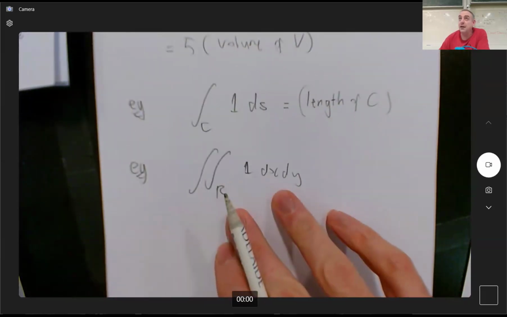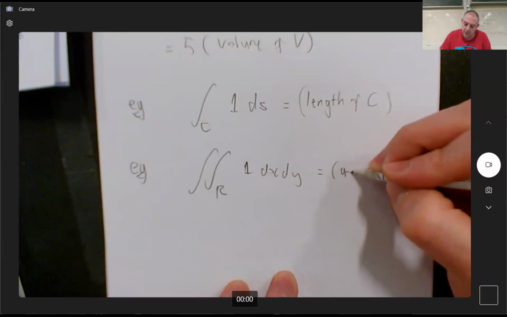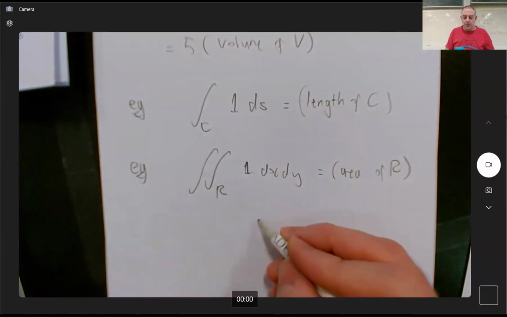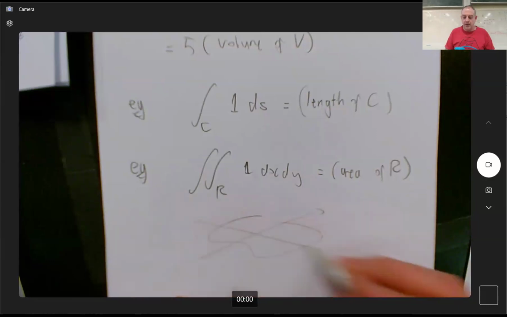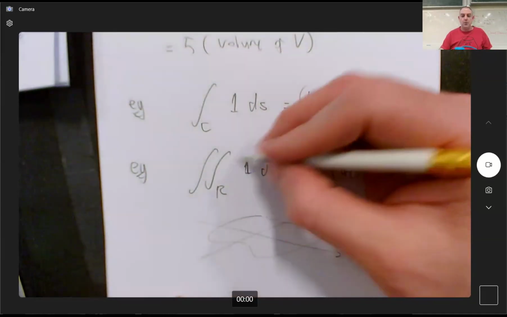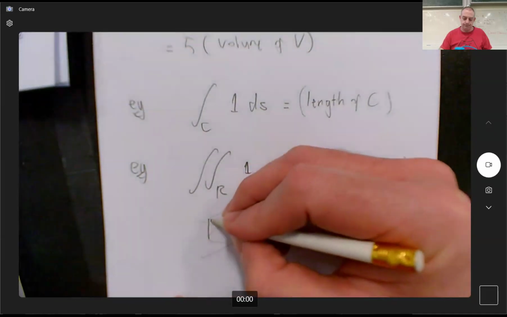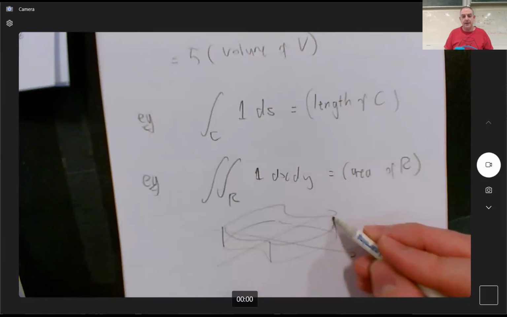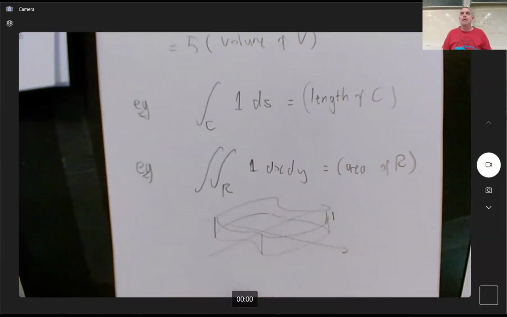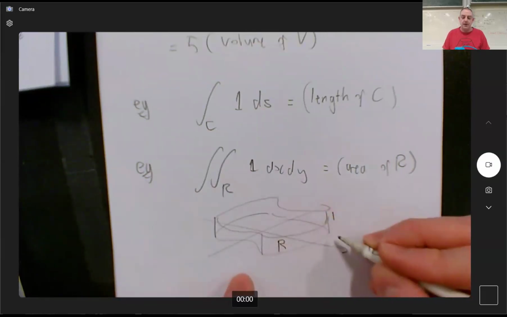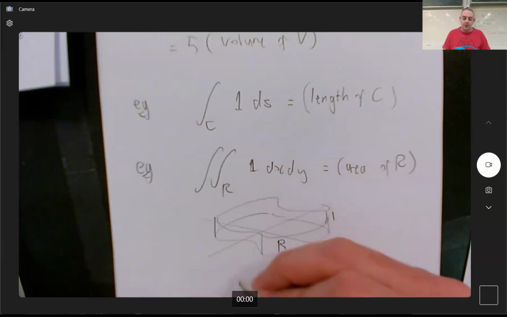That in the region like this, now this will give me the area of R. If you drew a region on the XY plane and you made one a height, like that, then the volume of this cylinder would be base area times height. So the volume